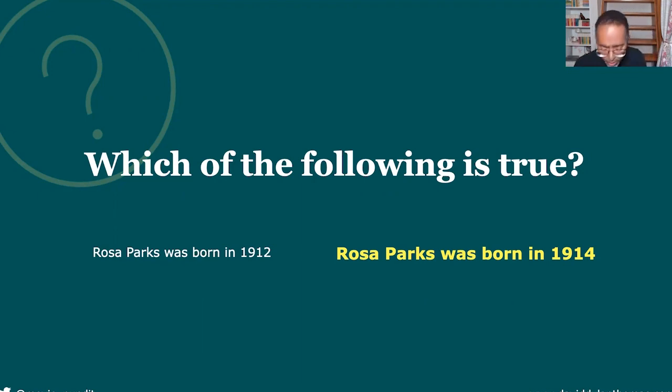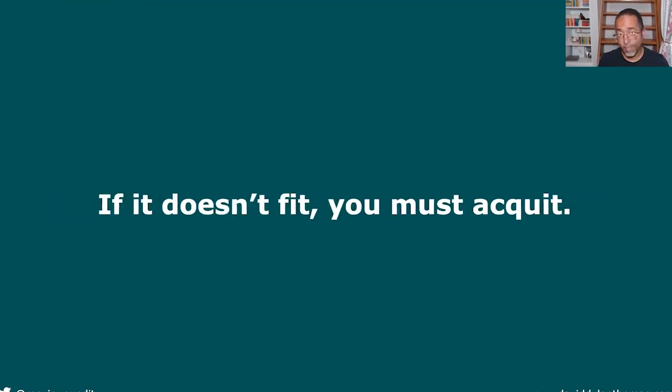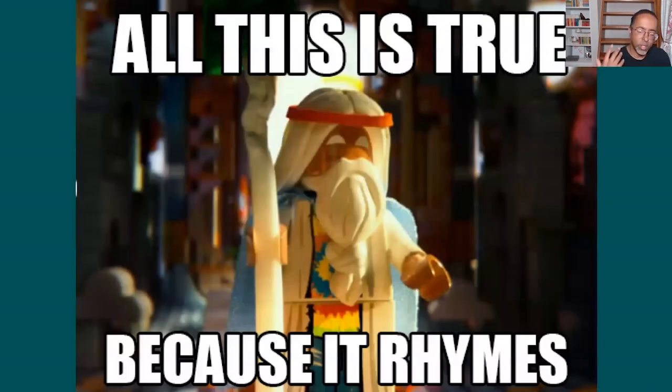Okay, you're both wrong. She was born in 1913, but people tend to pick 1914. Reason being, if something is easier to read, we actually think it's more true, but it gets worse. If it rhymes, we actually think it's more true. And this has consequences. Now, what we think is going on here is that we like things that are easier to process. Things that are easier to process feel more certain.